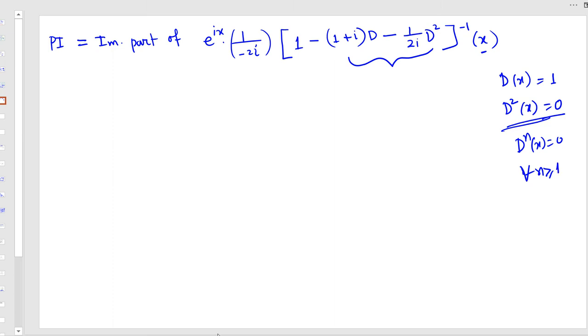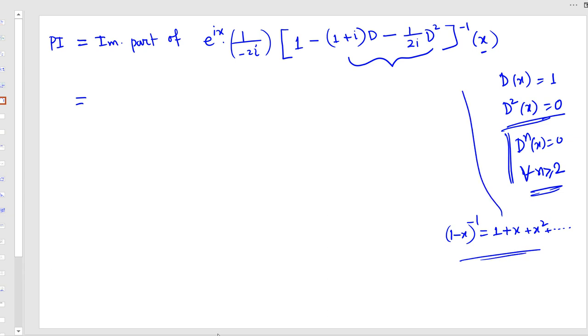So yeah, for this case we will be getting all 0. So it is sufficient to expand only this term. Now if you remember 1 minus x all to the power minus 1, this will go 1 plus x square plus and so on. So if you apply this formula here, then you will get